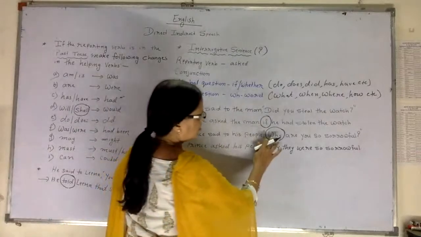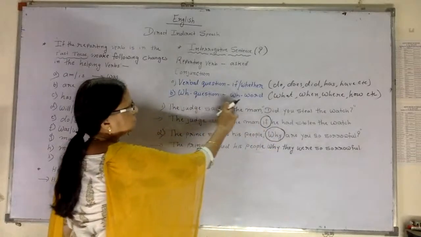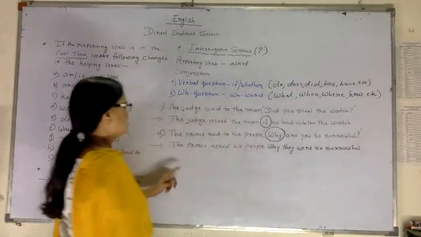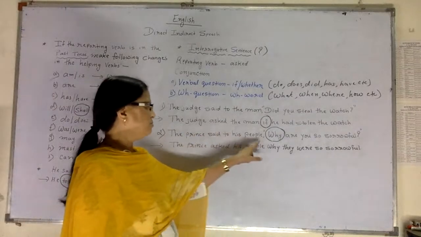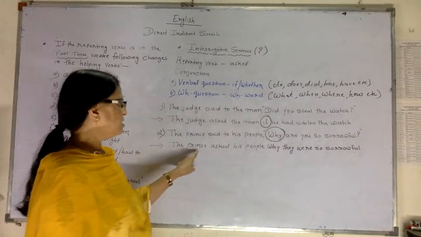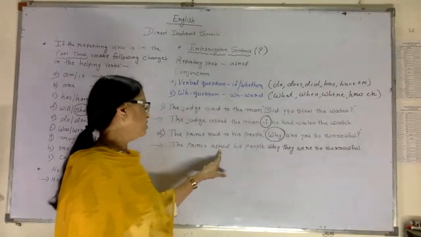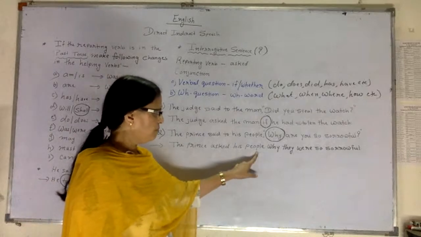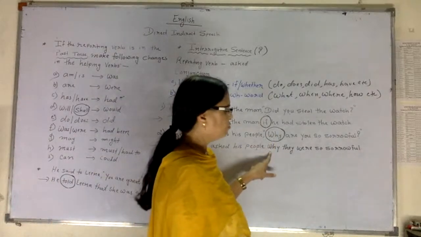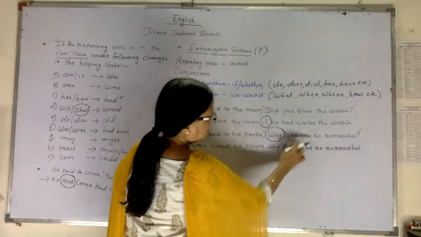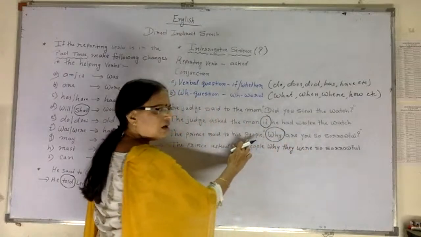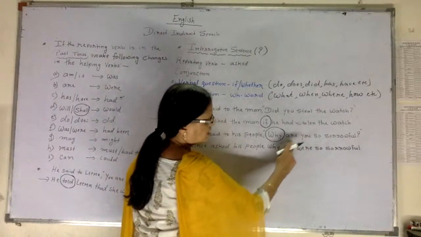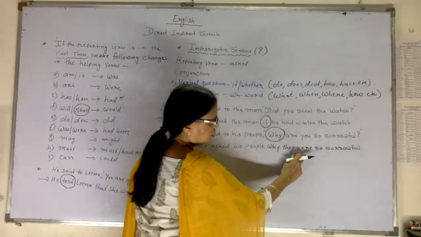And when the question begins with the WH word, which word do we have to use as a conjunction? The same WH word. Now see, the prince said to his people. Because it is an interrogative sentence, we use here the reporting verb as asked. The prince asked his people. Now the same word we are using is you are. So you is related to the people. That is many, plural form. Therefore you will change to they. Are has changed to were.